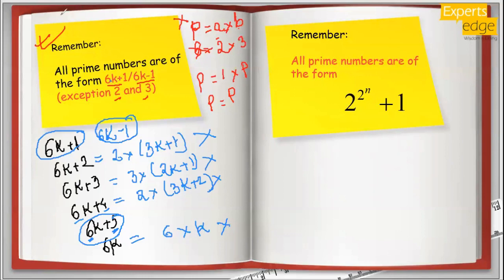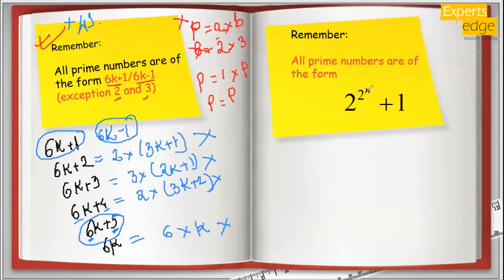Let's say 49. 49 is a multiple of 6 plus 1, that is 48 plus 1, but it is not a prime number. But any prime number will surely be of the form 6k plus 1 or 6k minus 1, the exceptions being 2 and 3. Now, another thing you should remember is that all the prime numbers of that type are of the form 2 to the power